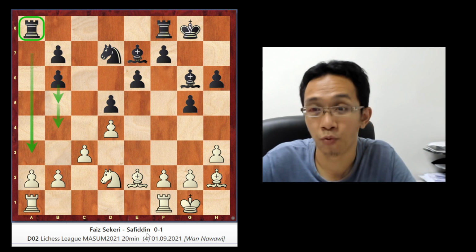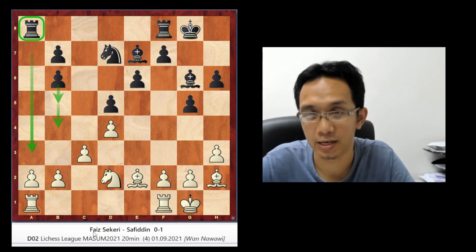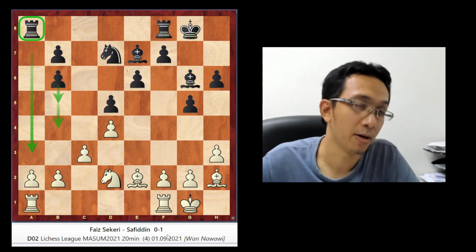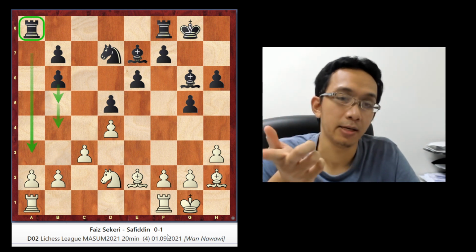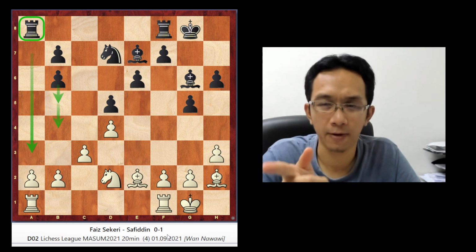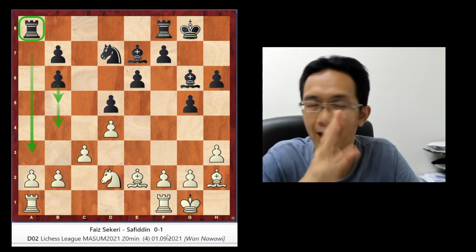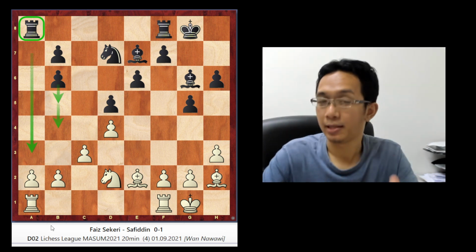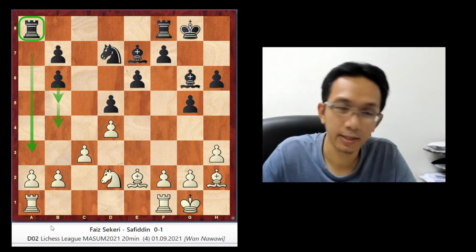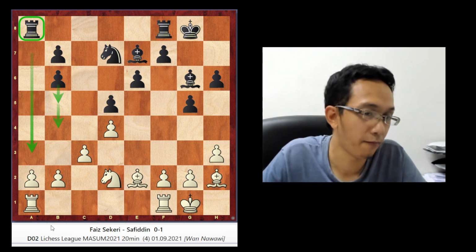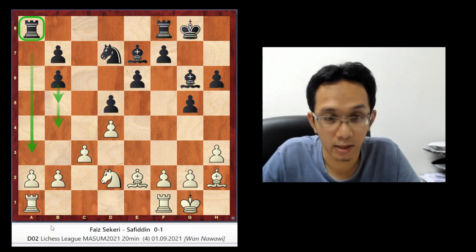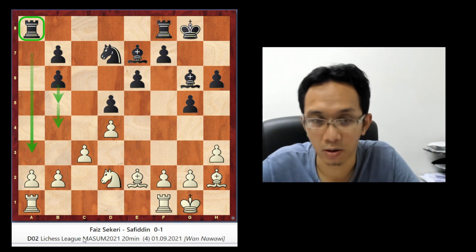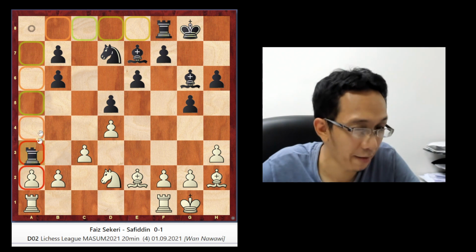Of course, Safiddin won here. Black won here. If you see here, Faiz played with Safiddin. Safiddin won here. But remember, the win here is not because of the opening; Faiz made a tiny mistake later on. You will see. But up until here, the opening, we can see that it's equal. It's not bad for both. We can say it's an equal position, although black has a little bit of advantage here.